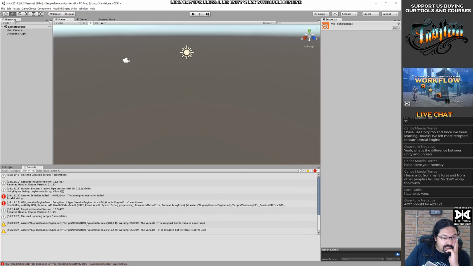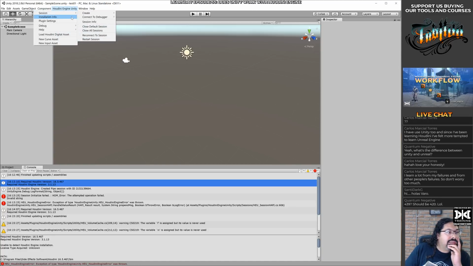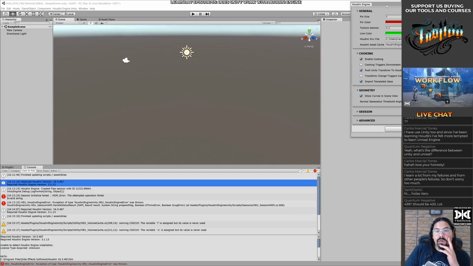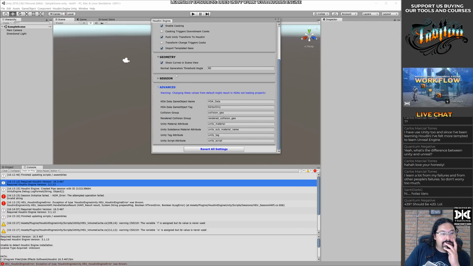There's an issue here, it's trying to use the other version of Houdini. There is a way to change this if I remember correctly. Advanced session.